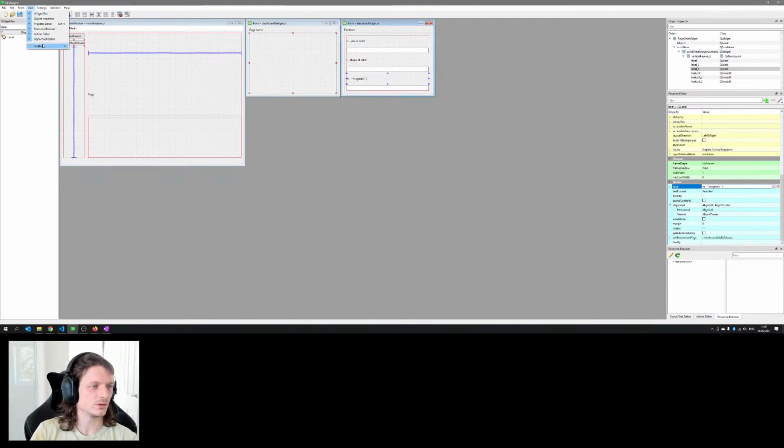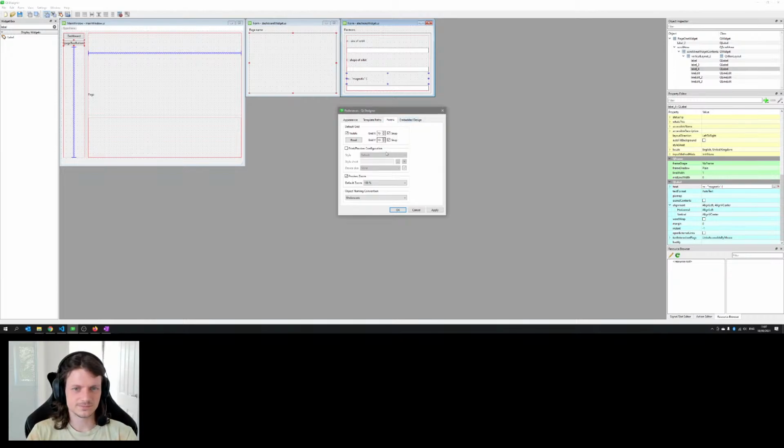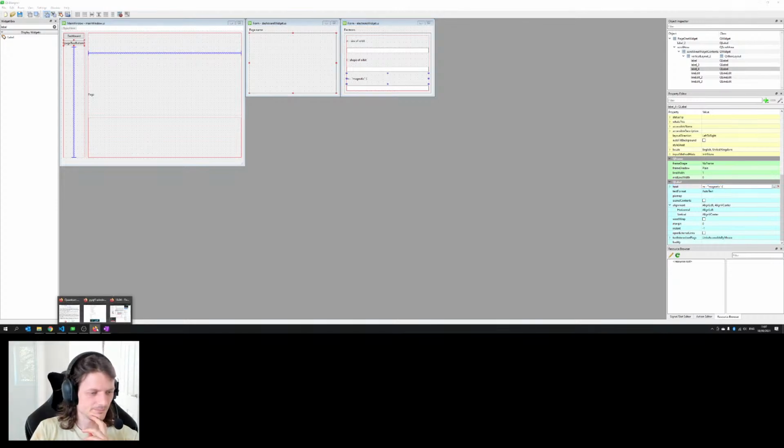View? Toolbars? Preferences? It seems pretty stripped down. Oh, that's frustrating. I really want to be able to show you guys. You can't see anything though. It's just like a big smudge. Shame.